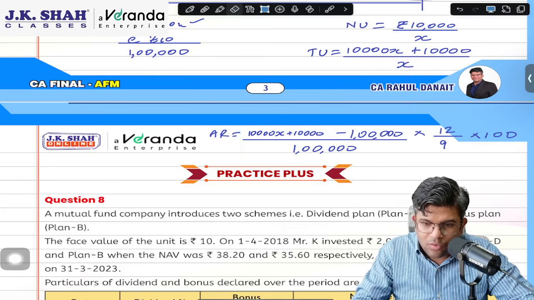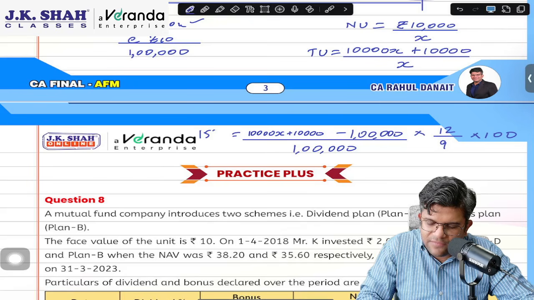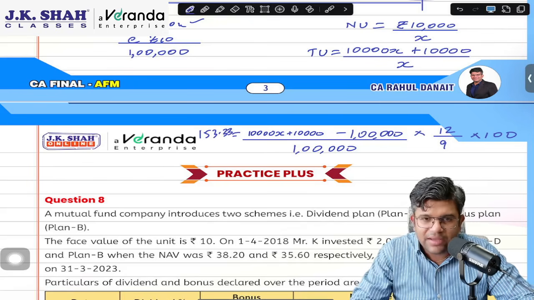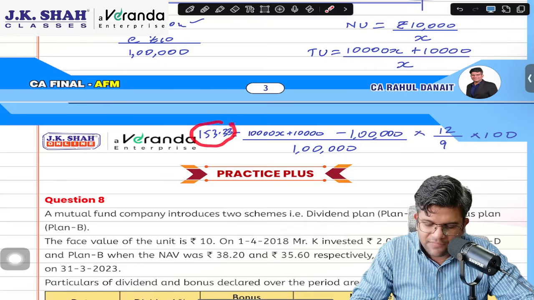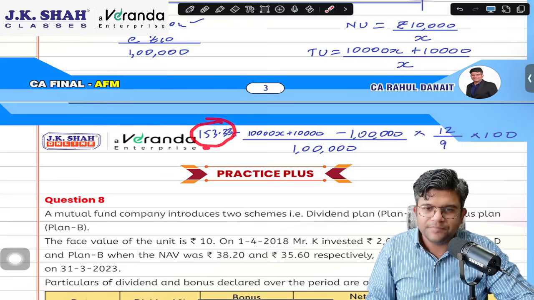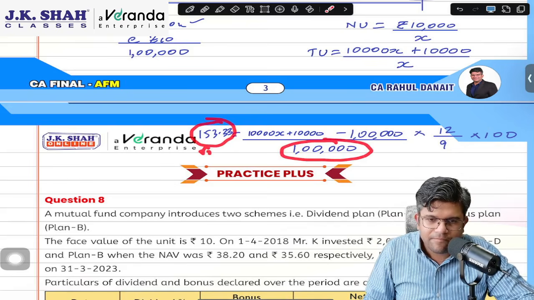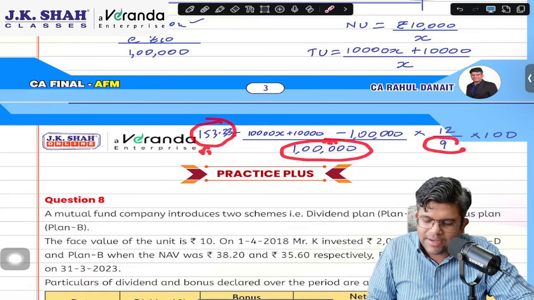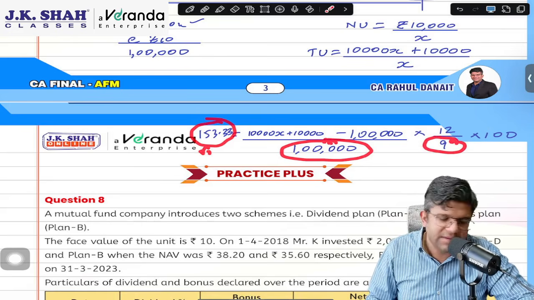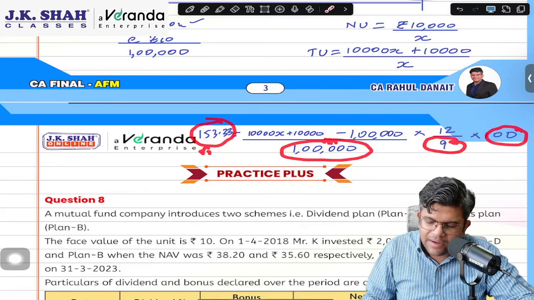Now, students, the annualized return that they have given to you is 153.33. So I request everybody to please take your calculators. Take 153.33 on the calculator and do as I say. 153.33 into 1 lakh into 9, divide by 100,